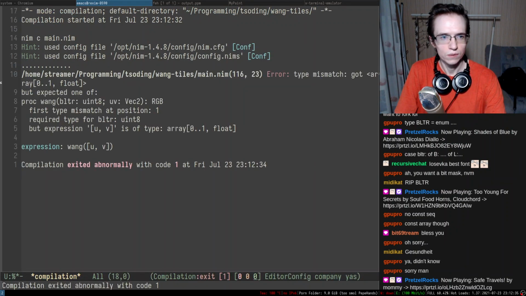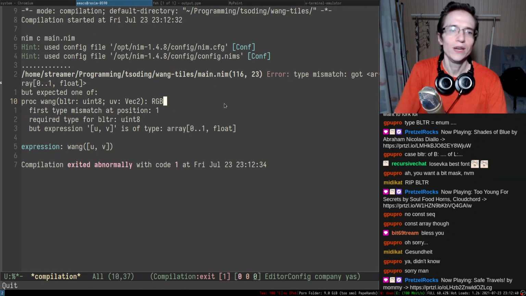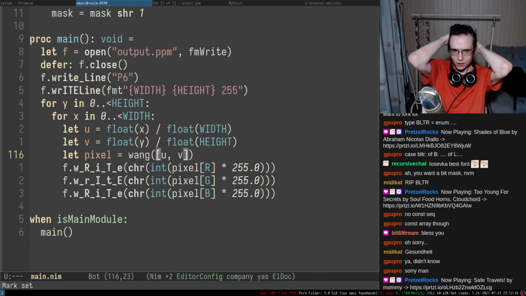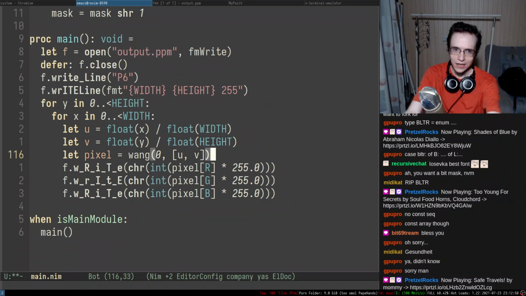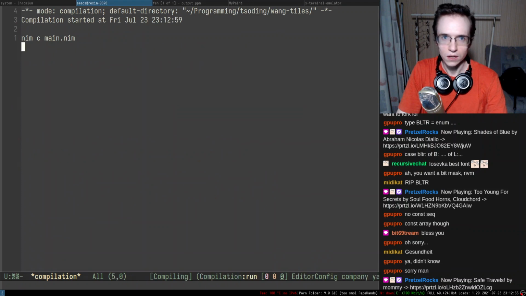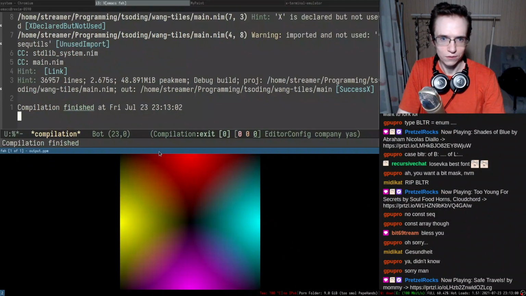All right, this is actually very interesting. Type mismatch, got array 01. Oh yeah, okay, that makes sense. Now we can try to put different masks in there and see how they will work. I can put 0 in here, and that will color everything with the same color, right? So let's see how it goes. And if I refresh this entire thing, it didn't do anything surprisingly.